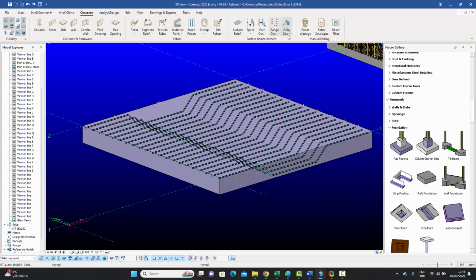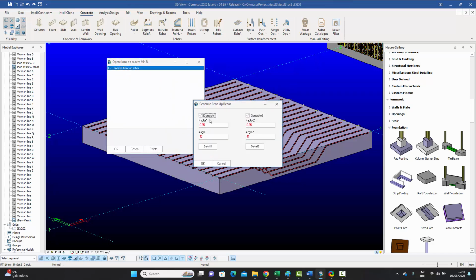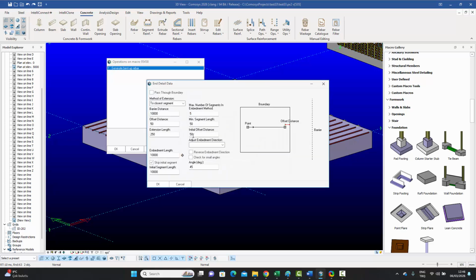Now inside, if you go to the list operations and click on the cranked rebar, so this is the operation. If I double click on that, these factors are pretty easy to understand. But if you go to the detail, detail 1 is the start detail and detail 2 is the end detail. So this is the end side, for example. So if I go to this detail